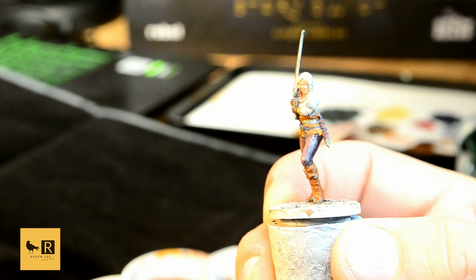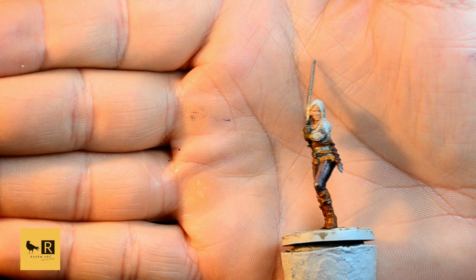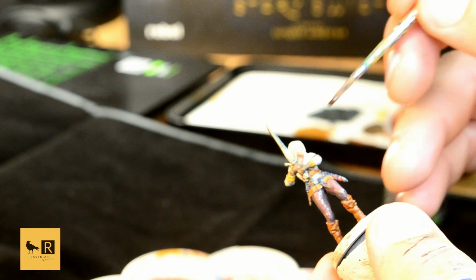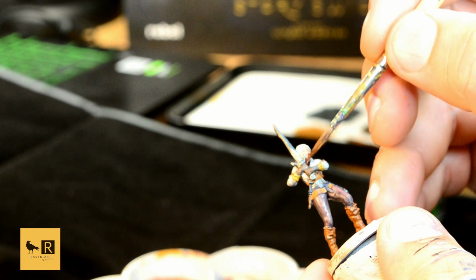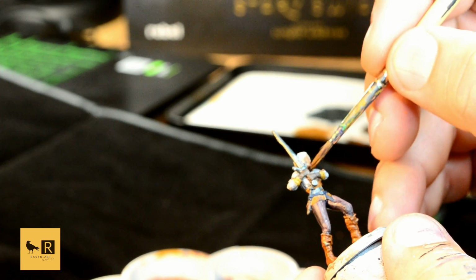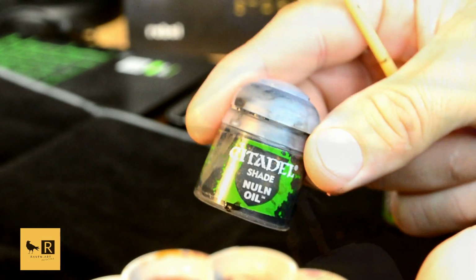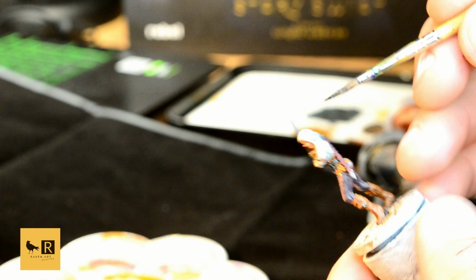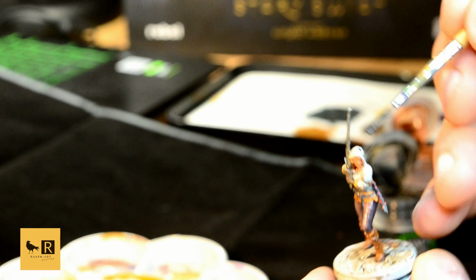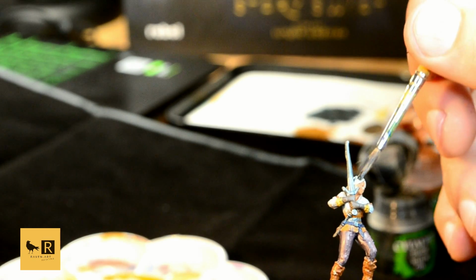So this is how the face with the eyes looks at the moment. I was pretty happy with it, and then once you're done with that, you can start the shading part. In my case, I use the Cadian flesh shade for the face, and then I switch over to the pure black, the Nuln Oil, for